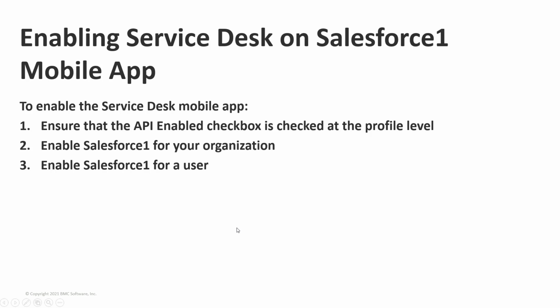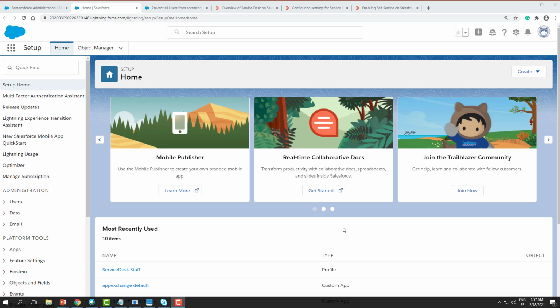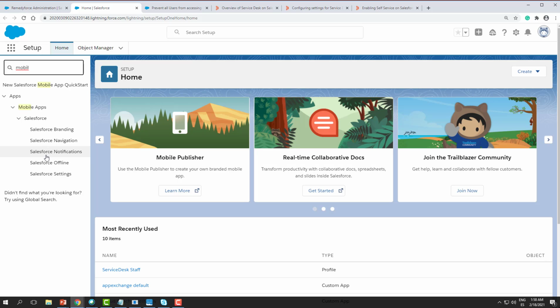So the next points that we need to check are enable Salesforce One for your organization and enable Salesforce One for a user. So let me explain both points together. So let's go to your org. Under the setup menu, let's go to quick find and let's type mobile. Here let's select Salesforce navigation,